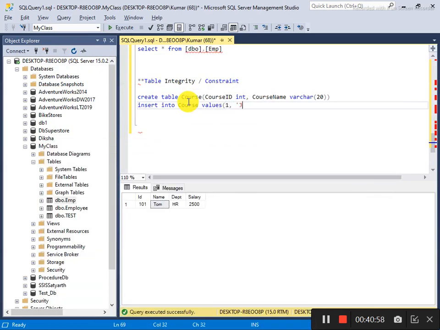Then one for Java, two for Python, three for C, C++.